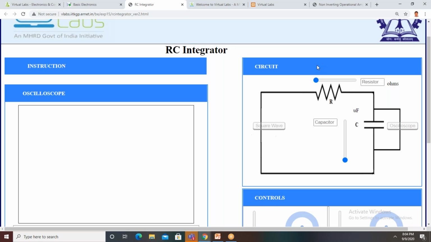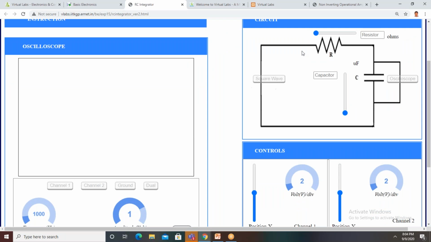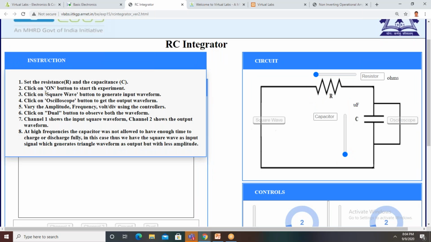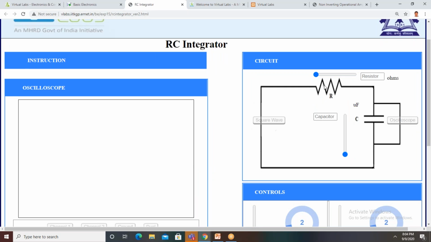So you see the instructions. First set the resistance value and the capacitance value, because it is an RC network. These two are very, very important. You keep the R value as some 1 kilo ohm, for example. Maximum it is 1 kilo ohm only. Okay, we will take some 500 ohms. Then take the capacitance value at 6 microfarads or some 10 microfarads or 0.1 microfarad otherwise. Just by varying this, we can set the required resistance value, and by varying this value, we can set the required capacitance value.